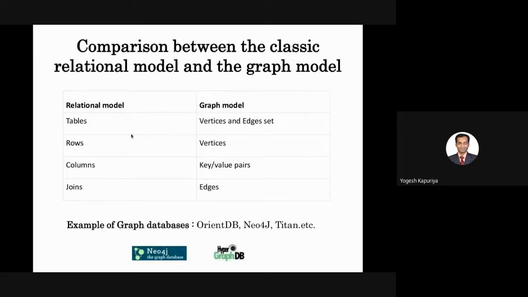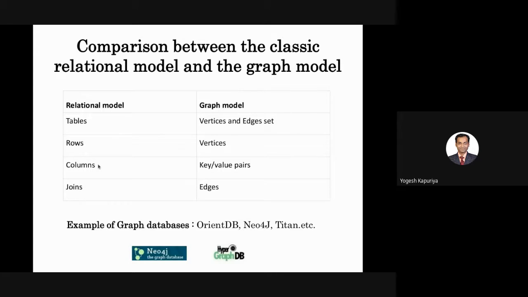So this is just a simple comparison with the relational model. Something which is known as a table, here you have that as vertices and edges. Rows mean the record information; here you can say that it is maintained under the vertices.